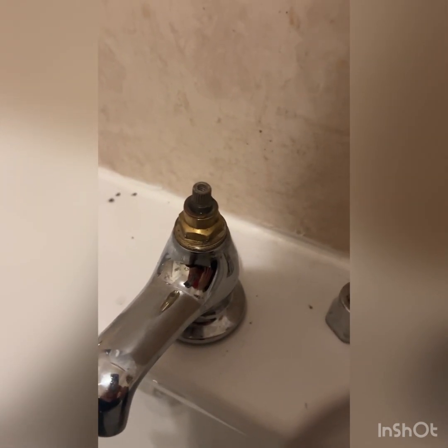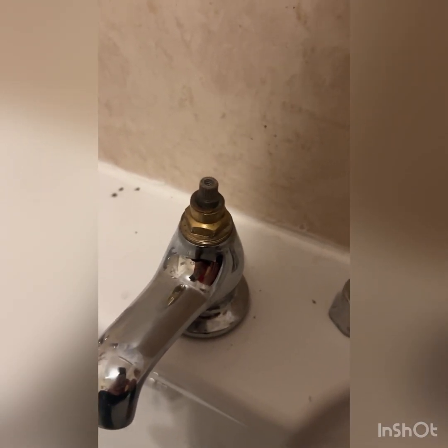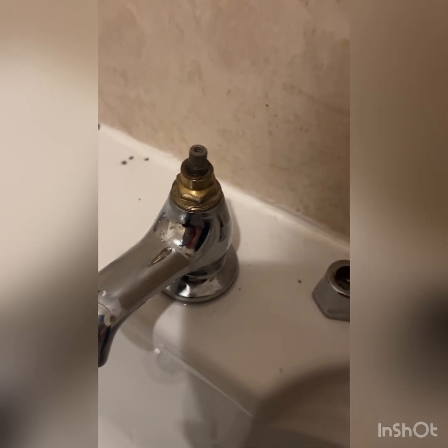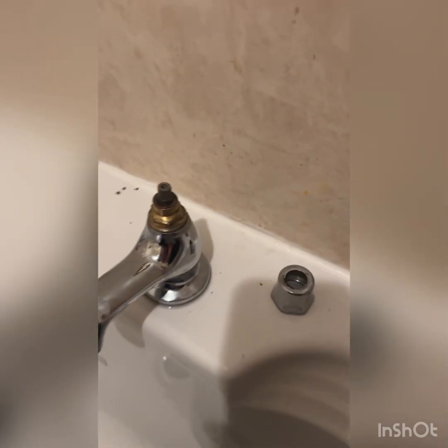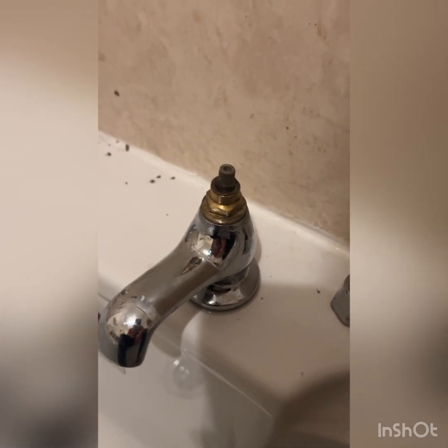Always put isolation valves on your taps. I always do it. Otherwise you end up having to shut all the water off in the whole blimmin' house. And if you're doing something that takes a bit of time, you're going to get into trouble from the other half, or whoever wants to use water, because they won't be able to. As well as you store some water in some bottles, which is another pain. But what I was faced with on this other tap